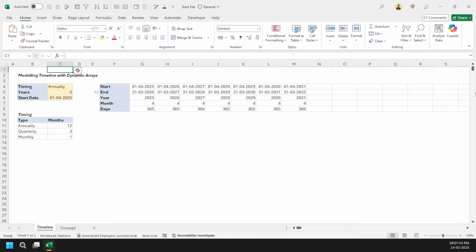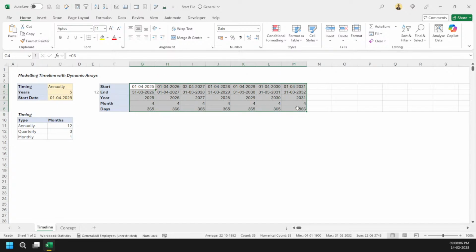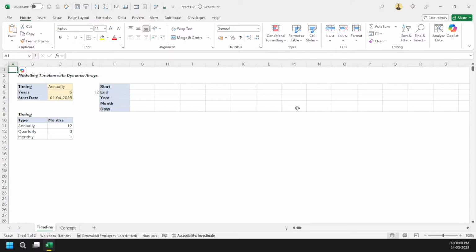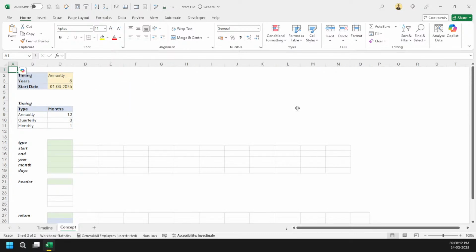One more thing is that someone can come here and do something like this, and it will break everything, right? So that's why I like the approach of dynamic arrays, because I want to make one formula that spills everywhere. Got it? So that's the thing we will be discussing today. I hope at least I have pointed out the pain points and everything so that you get the idea, right?